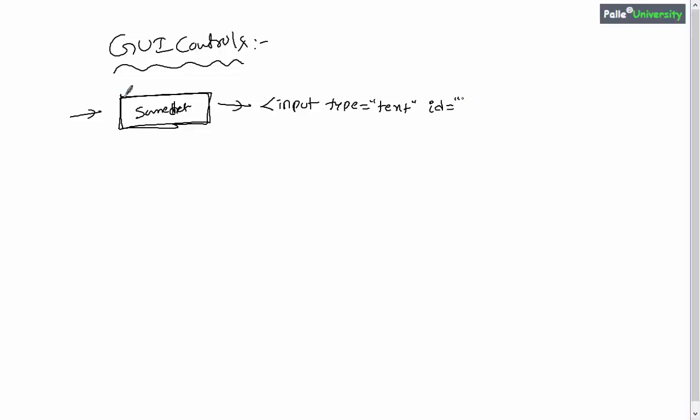So when you are creating the text box, as per the industry standards, it is better to give the prefix TB. TB refers to text box. Assume that I have created this text box for taking some name, so it is recommended to give the ID as TB name. These are not the HTML standards. You must understand this. These are the usual industry standards.